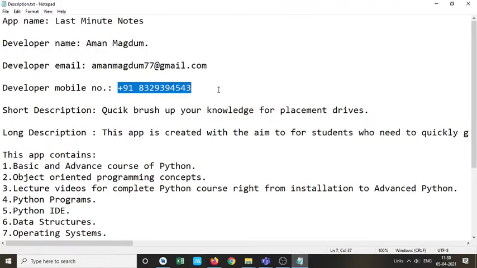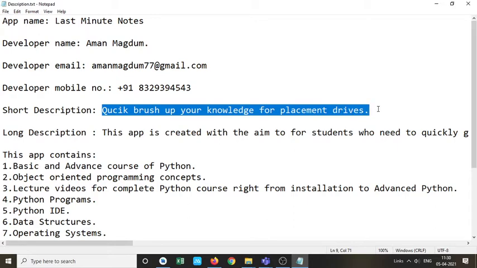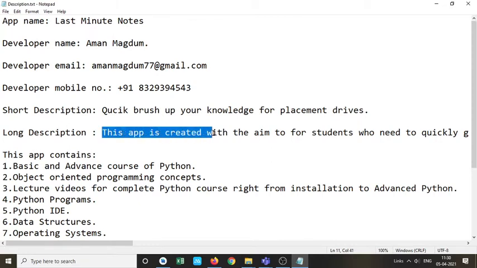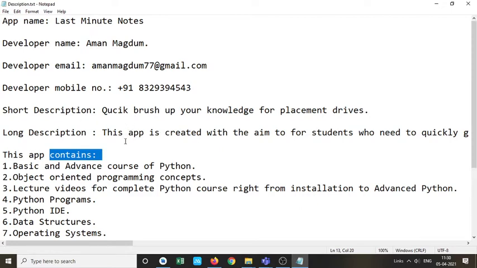Next, the phone number. Whenever any user gives a rating or review, the developer who will be notified, you can give the phone number of that developer. Then the next thing is the short description. You need to give a short description of your Android application, up to 80 characters. Then the long description, up to 4000 characters. These will be shown on the Play Store whenever a user browses or searches for your Android application, and whenever he clicks on that application, these details will be shown there.